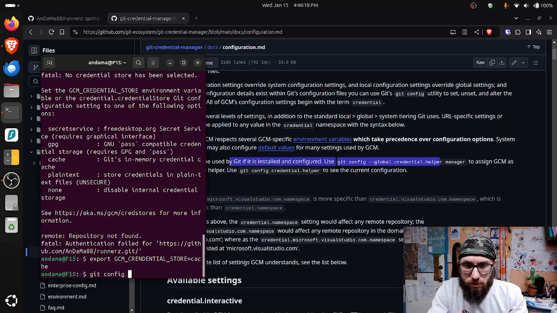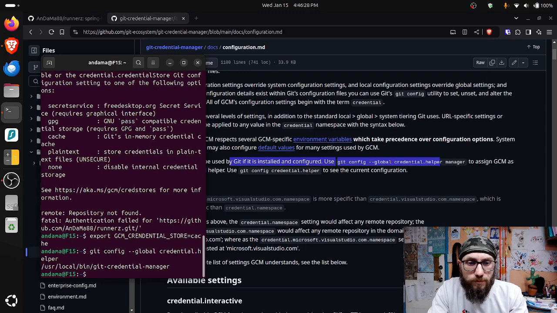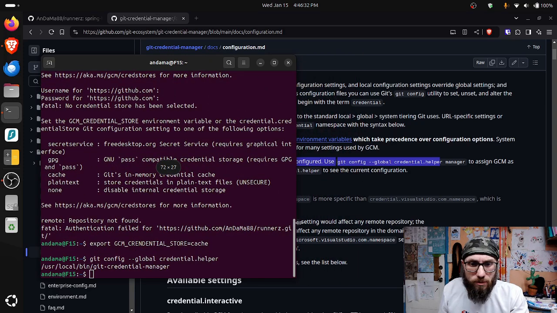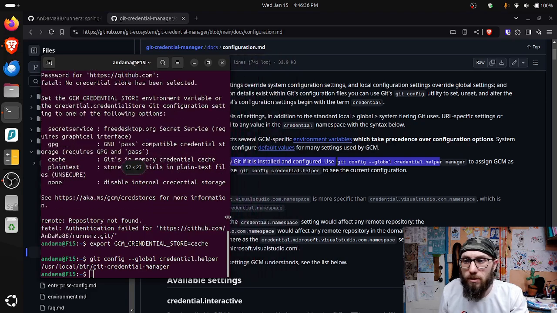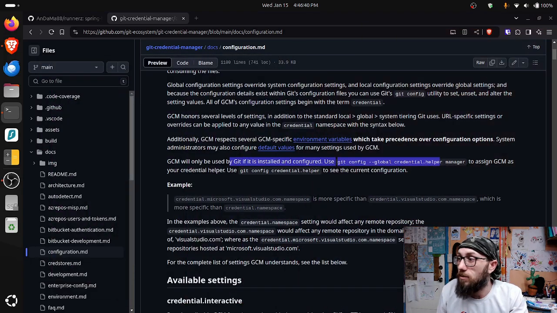That's not right. Git config --global credential.helper. Okay. I don't know if we needed to do that, but